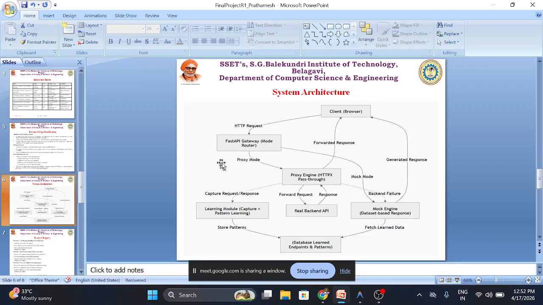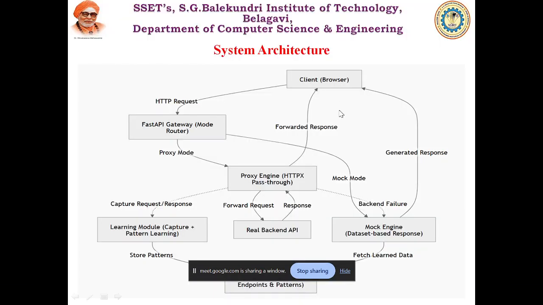Next, the system architecture. It's visible, right, ma'am? Okay. Here, when the browser client sends a request, the backend uses FastAPI because it supports asynchronous operation. There are two modes, proxy mode and mock mode. In proxy mode, it learns endpoints. It lets the request pass through the server to the real backend, and the real backend sends the response back to the client. In this process, it learns the endpoints, identifies the schema, the average latency, error patterns, everything,